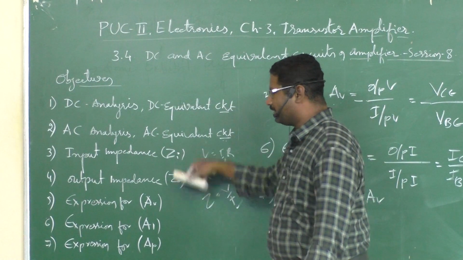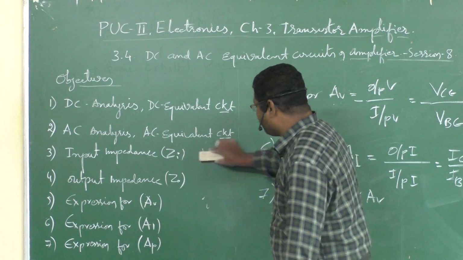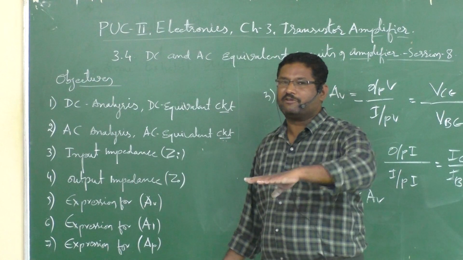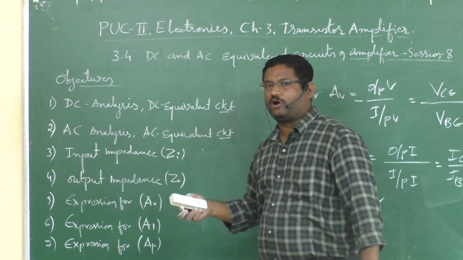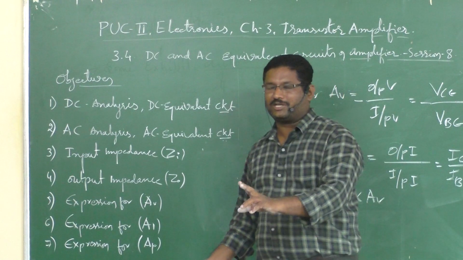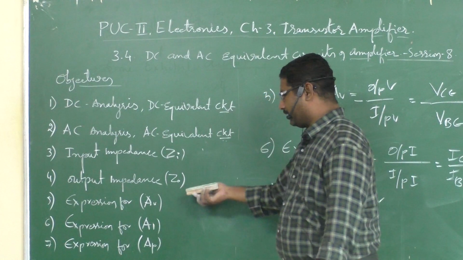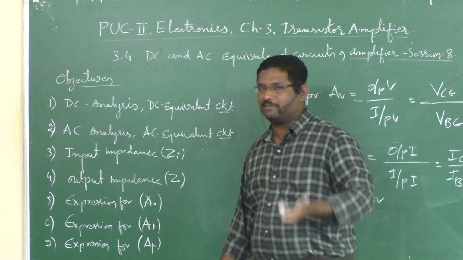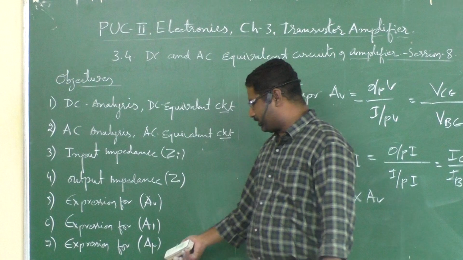If you follow this, you can easily write down the expressions. Then the expression for voltage gain, AV. Any gain is nothing but output divided by input, so output voltage divided by input voltage. Output is given by IC into Z out, divided by the input, and the IC gets cancelled, so that will be RC, if no load resistance is given. If load resistance is given, we have to calculate RC parallel with RL. And then current gain is directly given by beta, which is output current divided by input current. And finally, we have the product of voltage gain and current gain, which is the expression for AP.